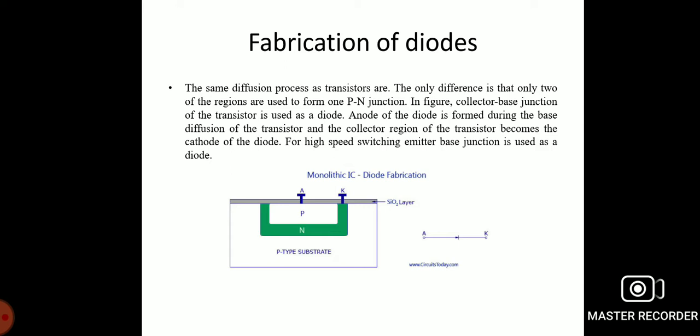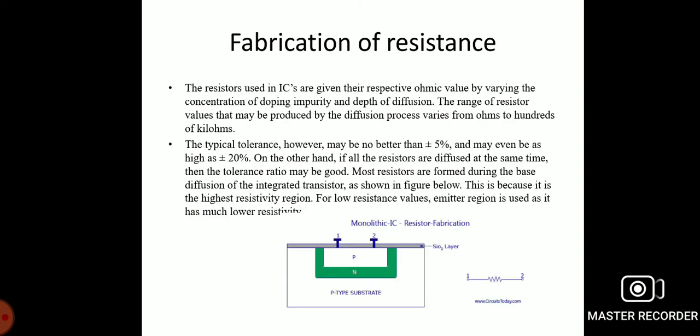Now let us move to the fabrication of resistors, that is, the fabrication of resistance. The integrated resistor in monolithic integrated circuits is obtained by utilizing the bulk resistivity of the diffused volume of semiconductor region. The commonly used methods for fabricating resistance in integrated circuits: number 1, diffused; number 2, epitaxial; number 3, pinch; number 4, thin film technique.